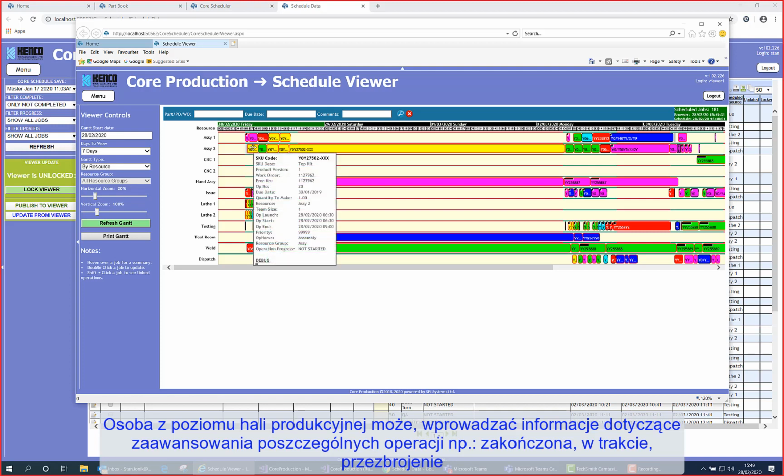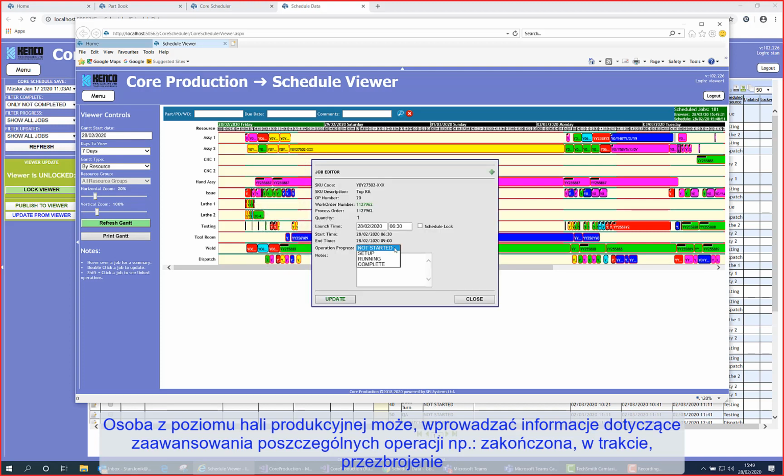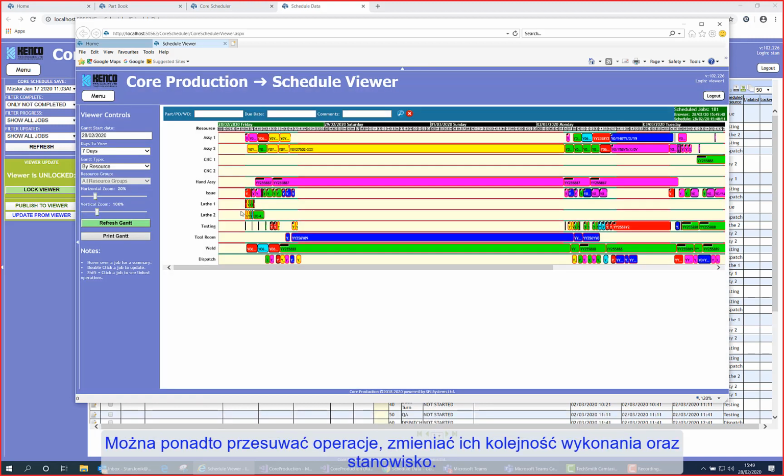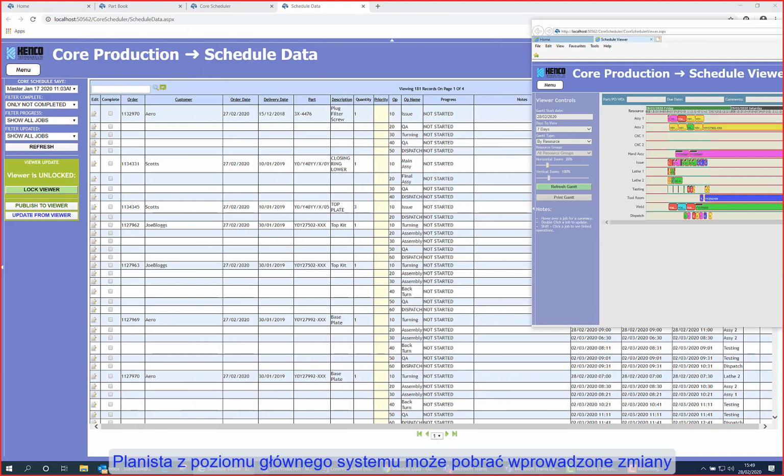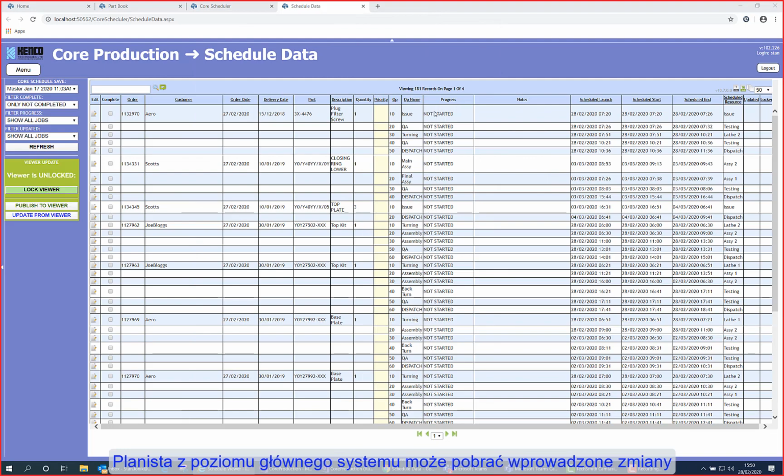And on assembly 2, keep it simple, I'm going to say that one's actually running. So update that, and clearly throughout the factory these guys will change and move things around to how they actually work. They can move them in on the viewer. Look, I'll put the two yellow ones together there. They can do what they like, within reason, permission wise. I'm going to move the viewer out of the window now to my other screen,